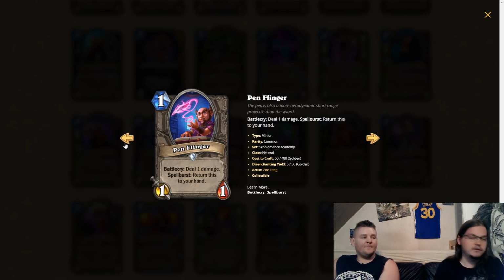Penflinger. Now, this one is also very interesting. It's a good use of the Spellburst mechanic. It's a 1-mana 1/1. Battlecry: deal 1 damage. So it's Elven Archer. Spellburst: Return this to your hand. Okay. You know what I thought of? Kobolaki. No. What I thought of is not a fair comparison because the mana cost in practice usually ends up being different,